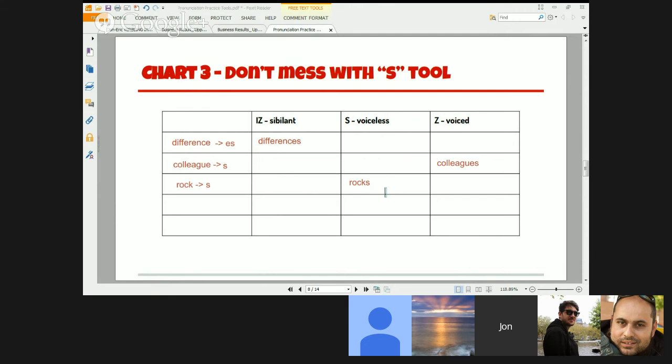I just want to show you this for the future. Don't worry about it now, but as we're reading, you can keep in mind if you're using your voice or if you're not. If you are, it's a Z sound. If you're not, it's the S sound. And occasionally, it'll be "iz", particularly when you add the extra ES. Okay, sorry for the interruption there. We'll finish reading now, but I wanted to point that out because if you see it now, it'll be easier to remember when you're reading.